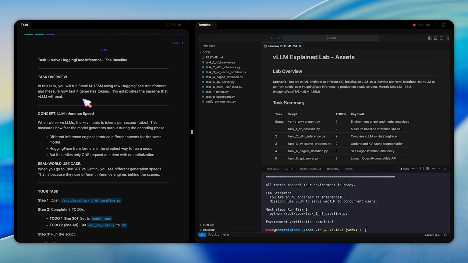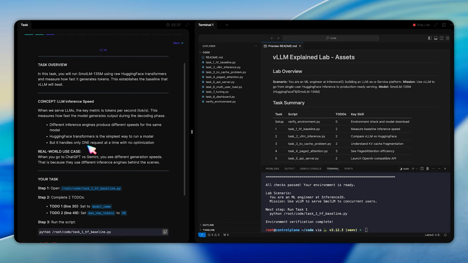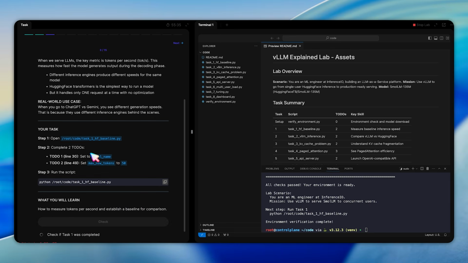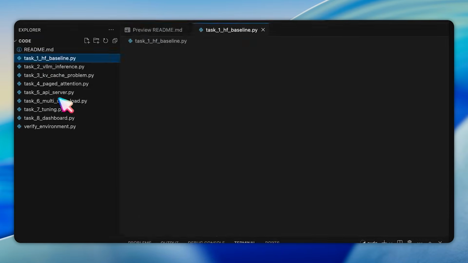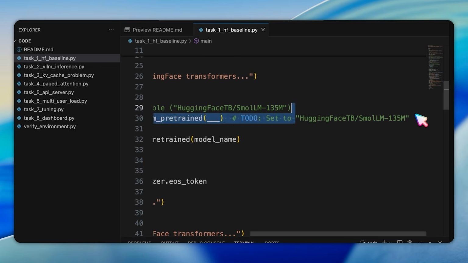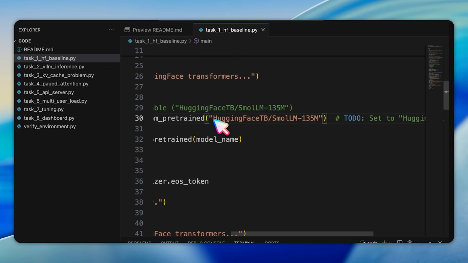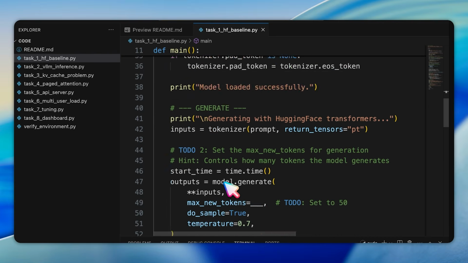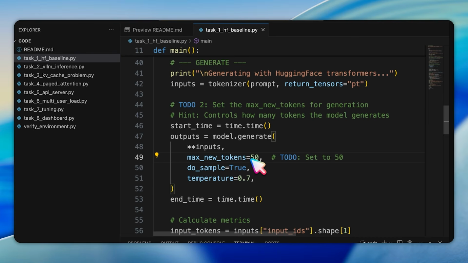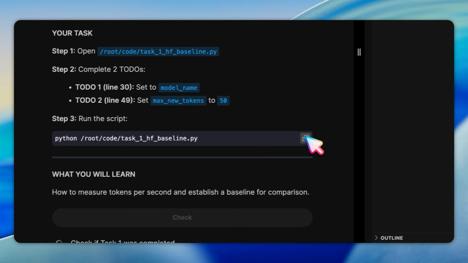Now we move to task 1, which is about running naive HuggingFace inference to establish a baseline. Open /root/code/task1_huggingface_baseline.py. You have to complete 2 to-dos. At line 30, replace the blank with HuggingFaceTB/SmolLM-135M to load the model, and at line 49, replace the blank with 50 to set the maximum number of new tokens to generate. Run the script with